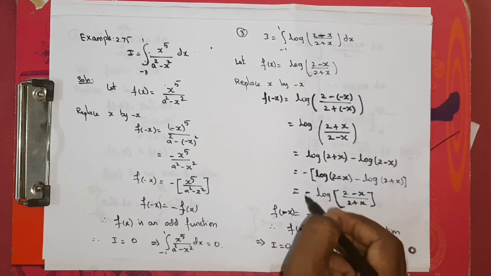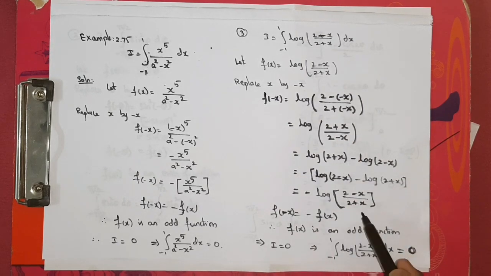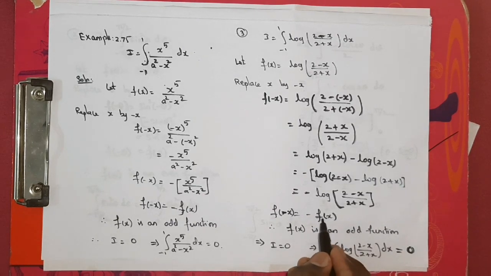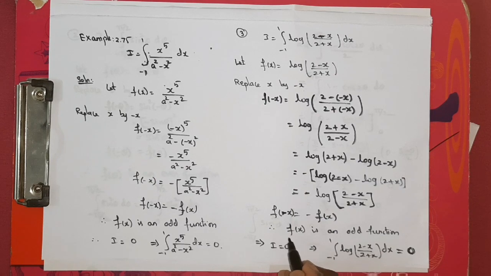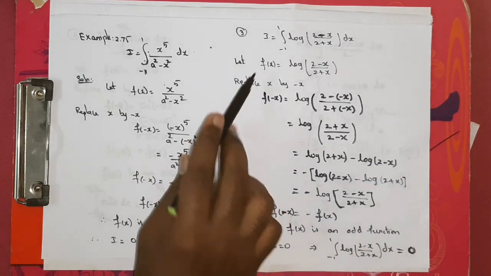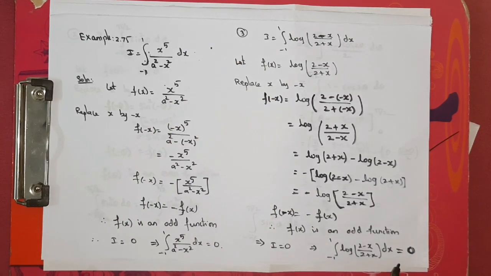Now you look at this part, it looks like the original question, right? So here I can apply f of x, but in the front we have minus. So if you have minus f of x as answer, then it is a what function? Odd function condition. So therefore the given function is an odd function. So the integral value will be 0. That is the question. You write it and that is equal to 0.